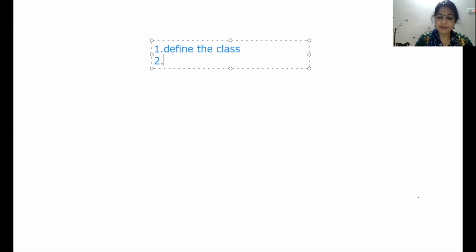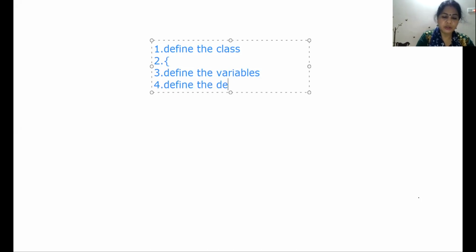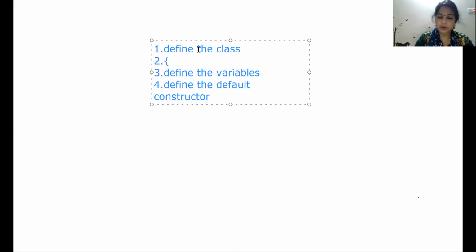Second, define the curly braces. Third, define the variables. Fourth, define the default constructor, started with the curly braces and ended with the curly braces.